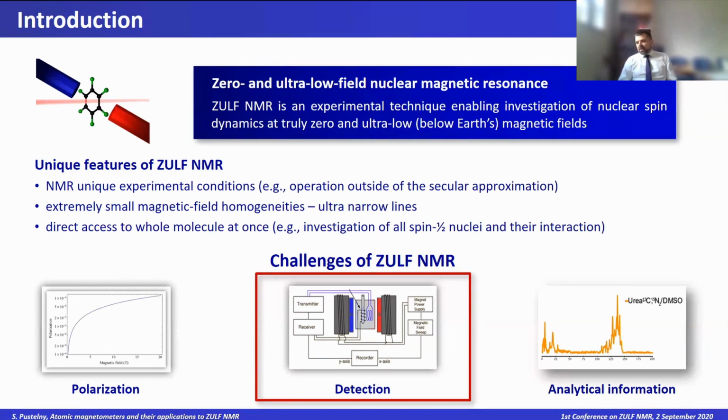So anyway, zero field NMR. Let's start with a little background. I think you've already learned some principles of why it's interesting, but in general, this is a field of nuclear magnetic resonance that is measured in very unique experimental conditions. These are nuclear magnetic resonance signals investigated at very low or truly zero magnetic fields. Very low in the context of NMR means somewhere between truly zero and above Earth magnetic field, as we heard yesterday from the talk of Michael Tyler.